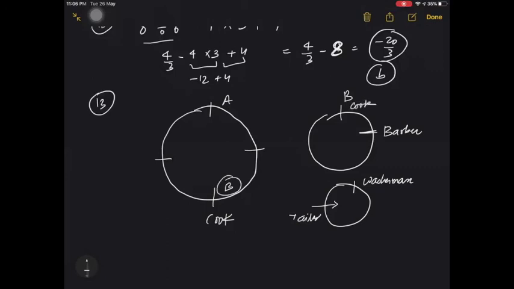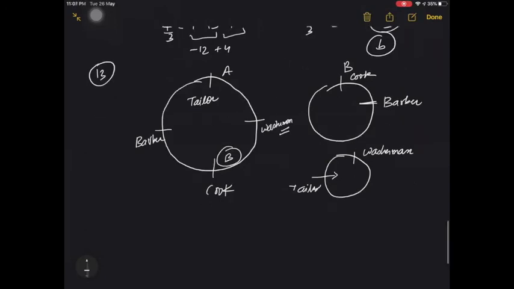Okay, so what I can say, cook के लेफ्ट में बार्बर है, बार्बर इधर आ गया आपके पास। नेक्स्ट हम क्या बोल सकते हैं, अब दो ही है हमारे पास, एक हो जाएगा वॉशरमैन, एक हो जाएगा टेलर। तो टेलर के लेफ्ट में, सो इफ आई से दिस इज टेलर, ठीक है ना, तो टेलर के लेफ्ट में वॉशरमैन है, तो वॉशरमैन हो जाएगा। तो हम यहाँ से क्या क्या बता सकते हैं ए और बी के ट्रेड्स के बारे में। ए हमारा टेलर हो जाएगा, बी हमारा कुक हो जाएगा, तो सेकंड इज द करेक्ट आंसर।